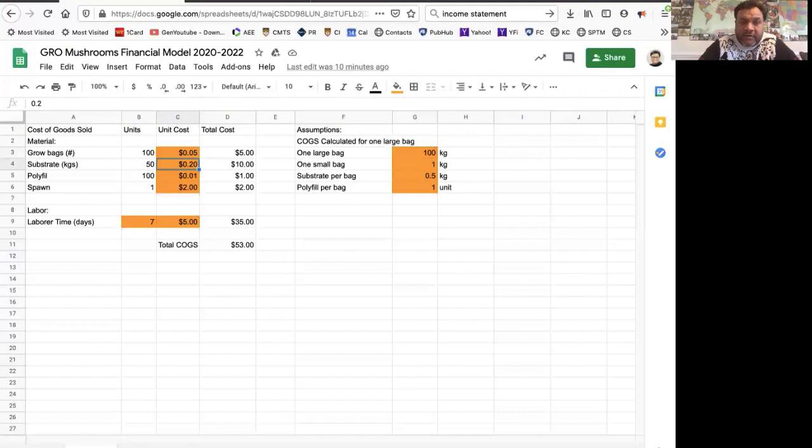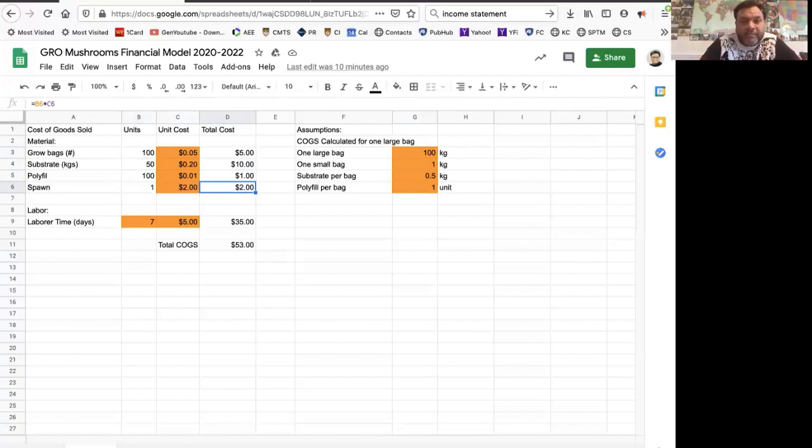The substrate is the material on which we grow the mushrooms, and we need 50 units of substrate. That is 50 kilos of substrate, and it costs 20 cents a kilo. So the total cost for the substrate is $10. The polyfill costs $1, and the spawn, which is like seed for mushrooms, costs us about $2 for the 100